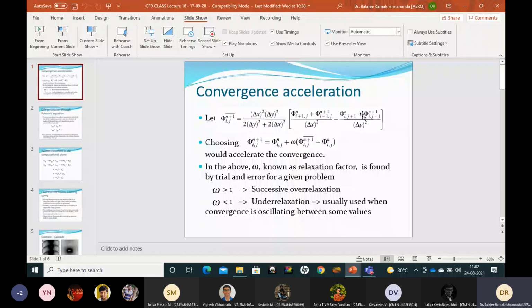Now this will have the old value, so you can actually do with one single array. This will accelerate your convergence because as far as possible you are using the values which are updated. Whereas I plus 1 comma j you don't know yet when you are doing I comma j, so you have to use the old time step value. Similarly, I comma j plus 1 also you don't know before doing the calculation. You are only at I comma j when you are doing it. So that also you have to take the old values.